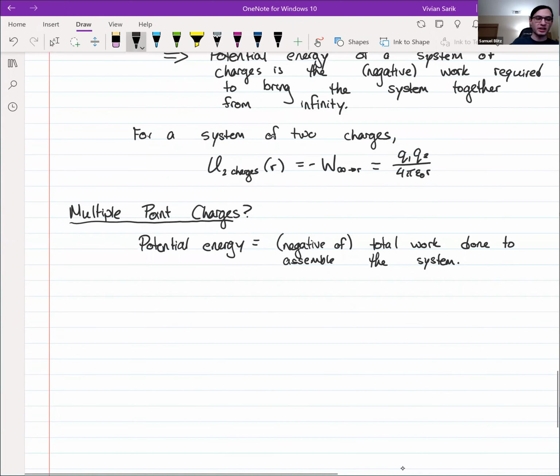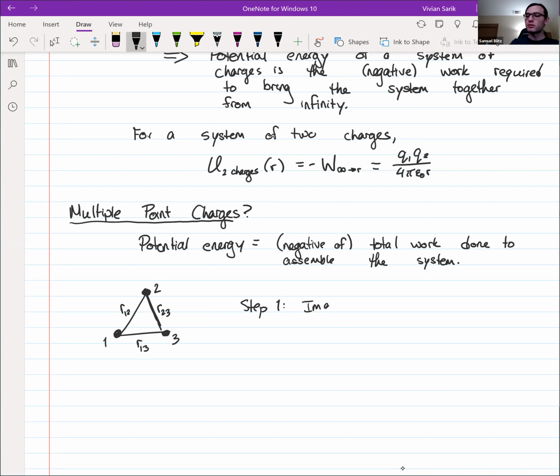So let's take a simple example. Let's say we have a point charge 2, point charge 1, and a point charge 3. I'm just drawing these lines to indicate distances. We'll call this distance R12, this distance R23, and this distance R13. What we're going to do is find the potential energy of the system by assembling it from nothing. So step 1,